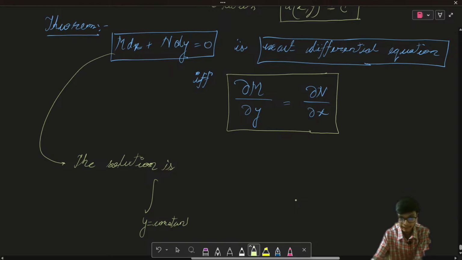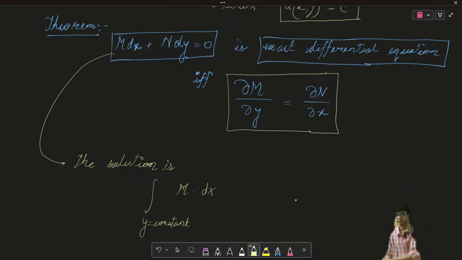First of all, integrate the expression M times dx, keeping y as constant, because M is a function of both x and y. So you have to keep y as constant and integrate the first term, plus